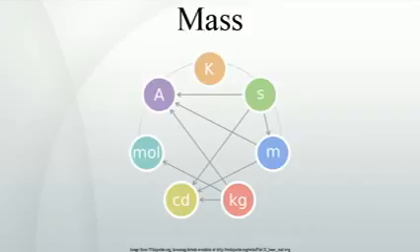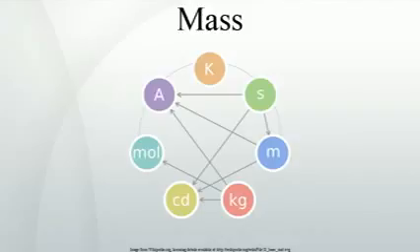Units of mass. The Standard International System of Units, SI, unit of mass is the kilogram, kg. The kilogram is 1,000 grams, g, which were first defined in 1795 as 1 cubic decimeter of water at the melting point of ice. Then in 1889, the kilogram was redefined as the mass of the international prototype kilogram, and as such is independent of the meter, or the properties of water. As of January 2013, there are several proposals for redefining the kilogram yet again, including a proposal for defining it in terms of the Planck constant.